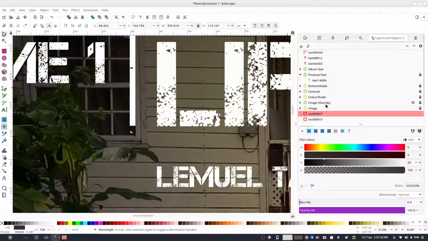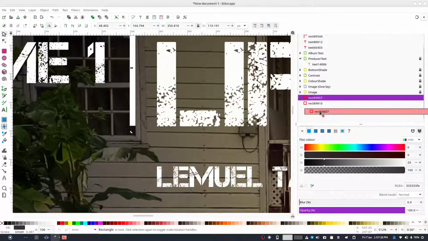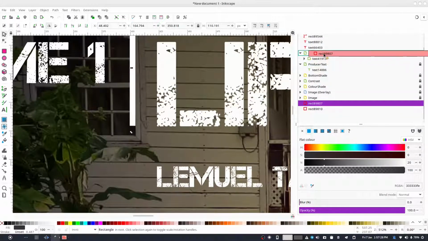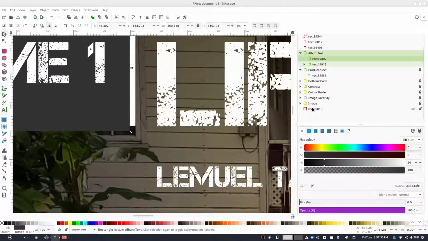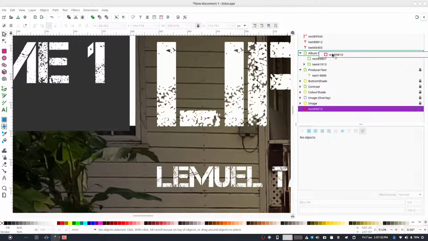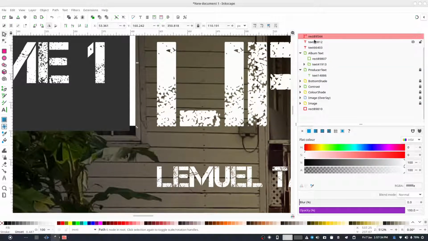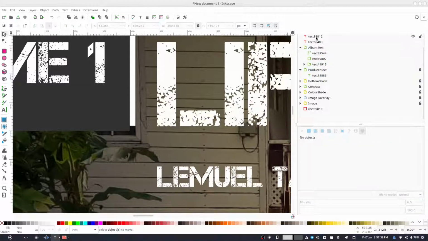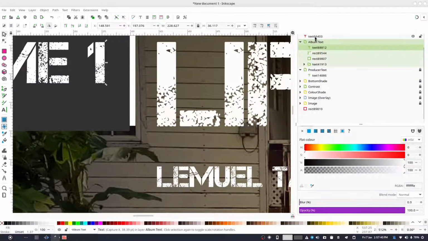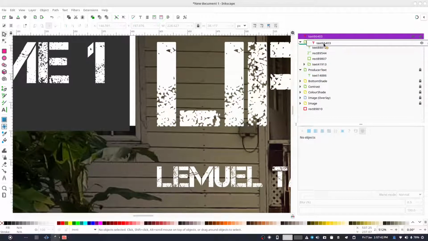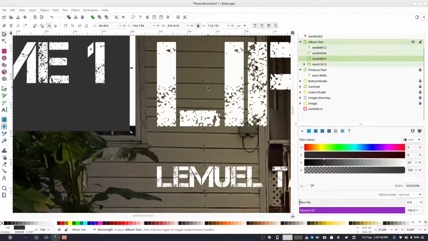Oh wait, I just realized why this is going there. It is actually not in a layer, so let's move it to album text where it needs to be, and let's also move all these to album text as well, just so that we don't end up with any further challenges. Alright, so we're going to select this one